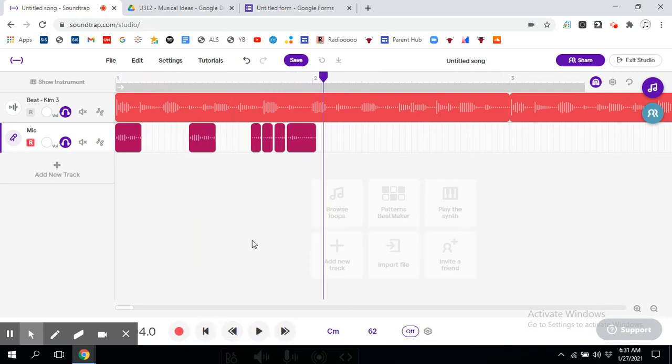Cool. Now, I want to take this musical idea, I want to take this pattern, and I want to copy it so that it repeats. It repeats at the same time as my drum loop. So it's one measure in length,